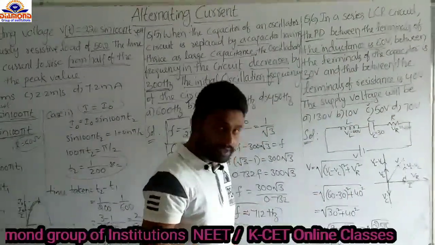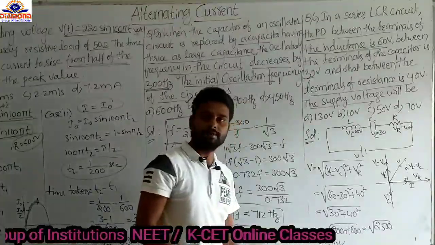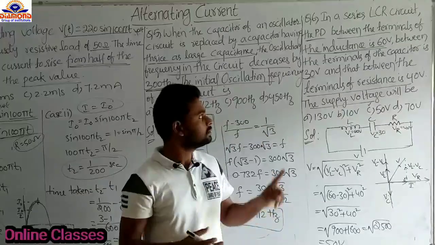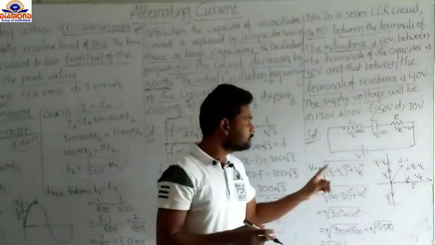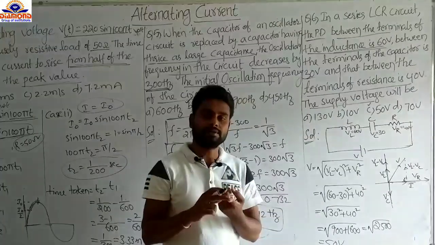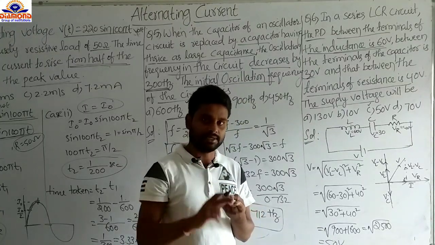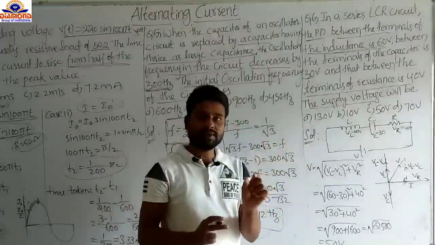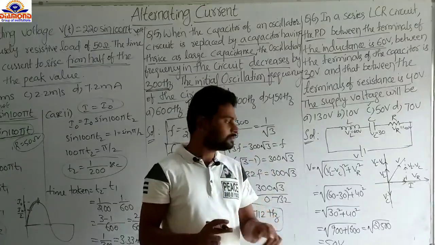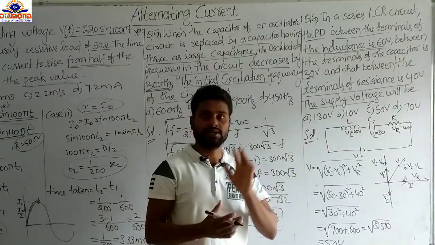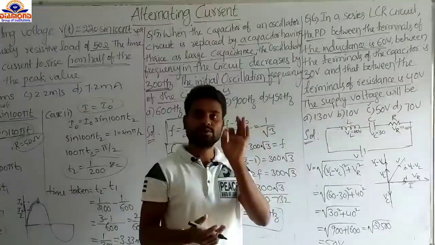So here I am going to draw the phasor diagram. From the phasor diagram we will get it very easily. One thing you have to remember, I already said in a previous problem: the current and the voltage are in the same phase for a resistance. A phase difference exists between the voltage and current for inductive and capacitive circuits. For resistive circuits there is no phase difference.